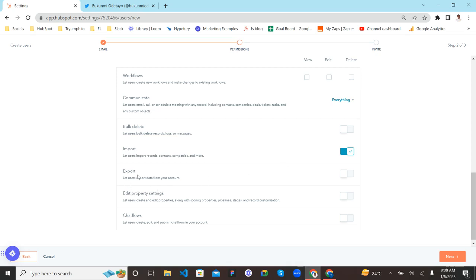But I don't want them to export anything. So if I want them to export, I just come and toggle this bar on. But right now it's going to be off. Can they edit property settings? This includes all our contacts, properties, our deal properties, all objects, all records. So for them to be able to edit, I'm going to toggle this on, but if not, it will be